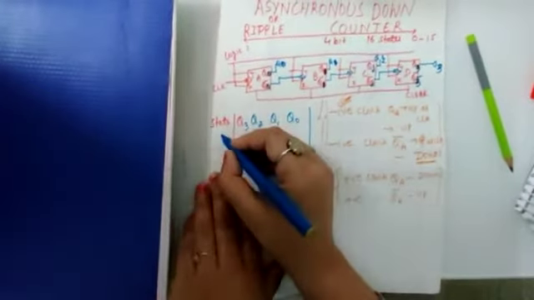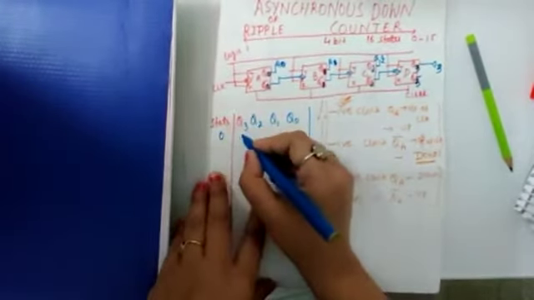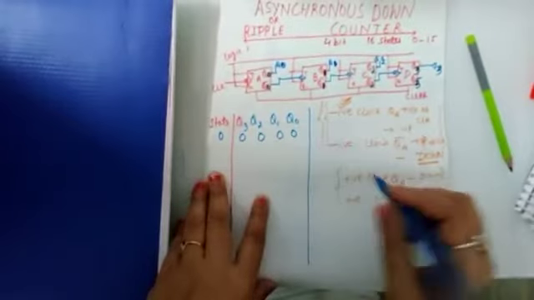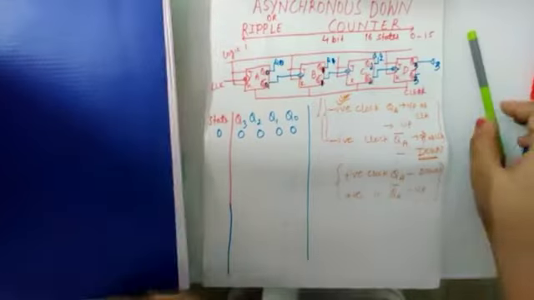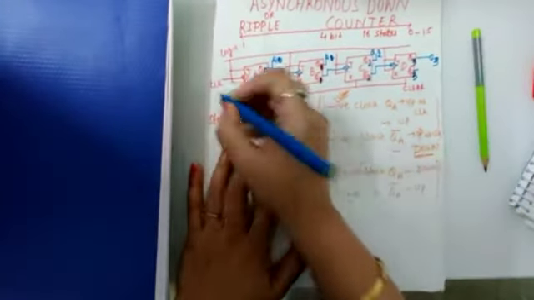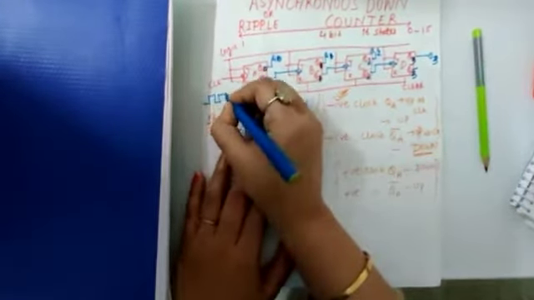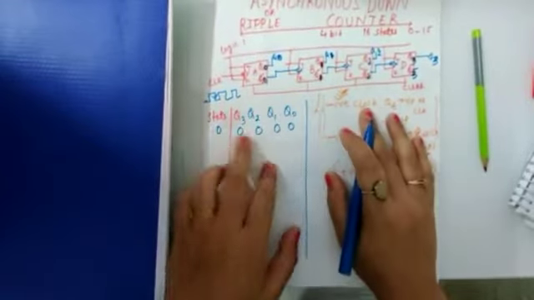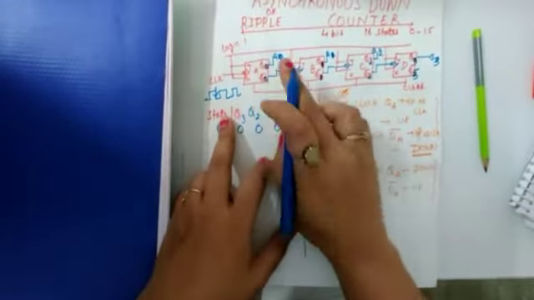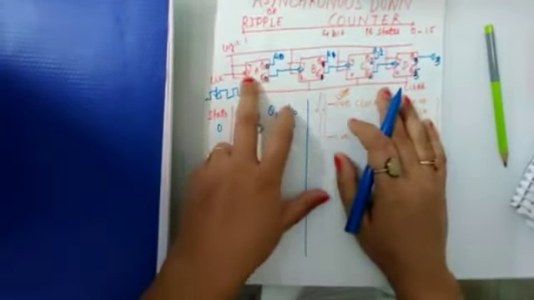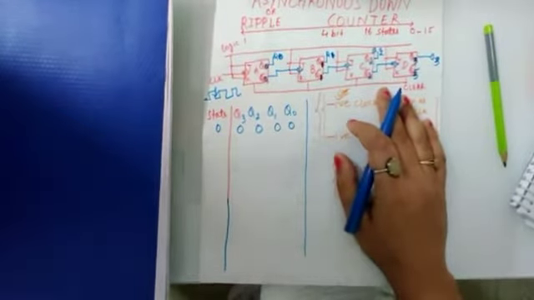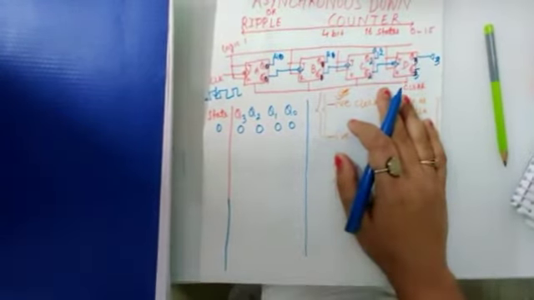So earlier what we have seen, before giving any clock pulse, all the outputs are 0, all the outputs are reset. Now see what will happen if we give the first clock pulse. If we are giving the first negative clock pulse to the first flip-flop, see what will happen. First we are giving the negative clock pulse to the first flip-flop, it will turn on, the transition goes from 1 to 0. So the first flip-flop always toggles, because we are giving the external clock to this counter.